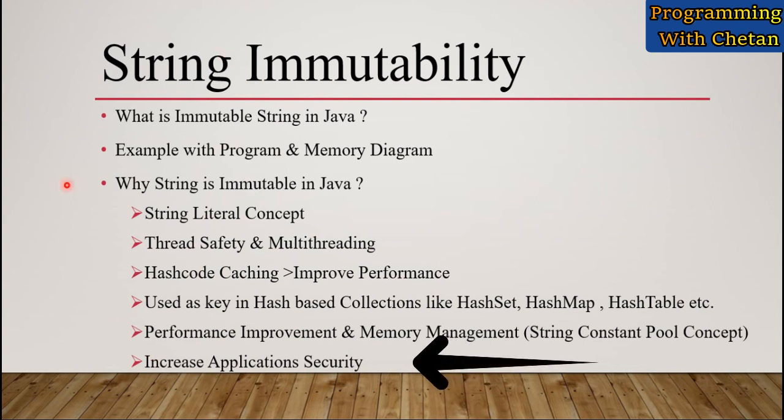So friends, as we all know that string is a very important object in Java programming language and it is used in almost all the concepts. So when we have to store a fully qualified class name, then we can store that class name in our string object. As well as while creating the database connection, we use string object for storing the value of our connections, username and other details. So this string immutability concept guarantees us that the value of our string object will not be updated. So in other words, we can say that because of string immutability concept, the security of our application is increased.